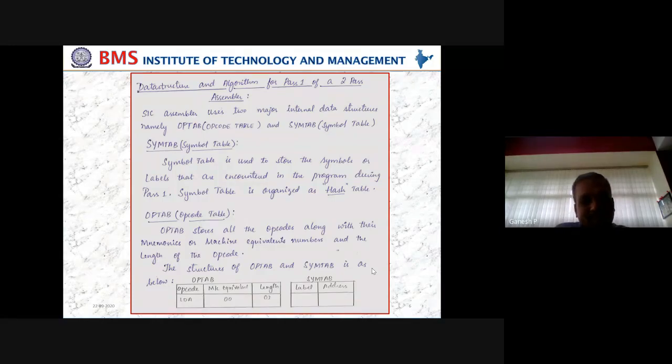Why is it a hash table for the symbol table? You might have seen hashing in data structures, or maybe today while we discuss ADA, again we'll be discussing hashing. The teacher will discuss the hashing process. So hashing is a very, very important concept in data structures, where you store and retrieve data in an efficient manner. How is it different from a normal data structure where in an array you keep on storing the data and keep on retrieving the data?